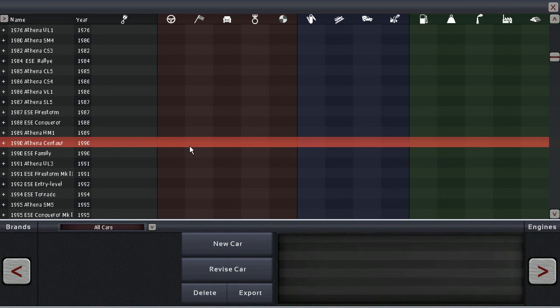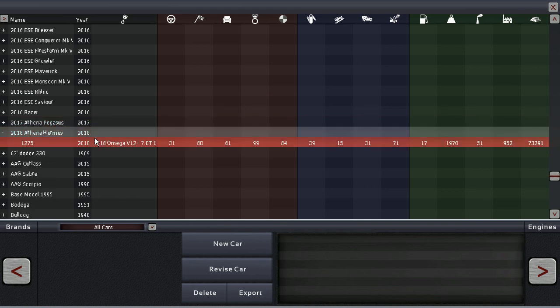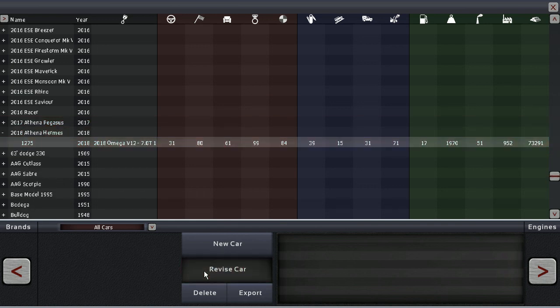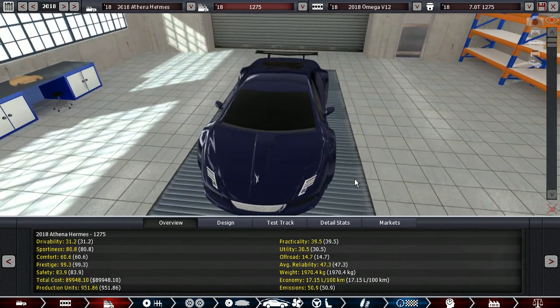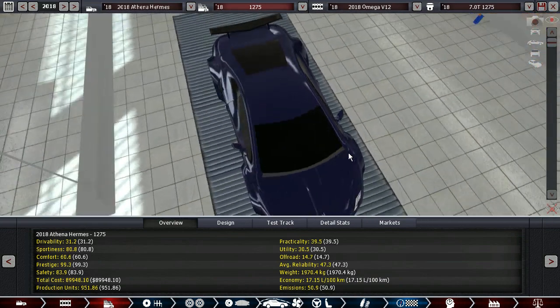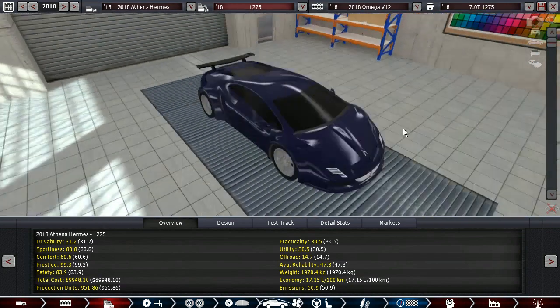Today, let's take a look at the 2018 concept for Athena. It's called the Hermes. Hermes? How do you pronounce that in English? I don't know. Since it has a name that actually is a name, rather than a couple of letters and numbers combined, like